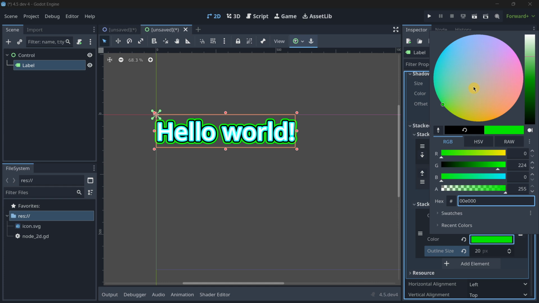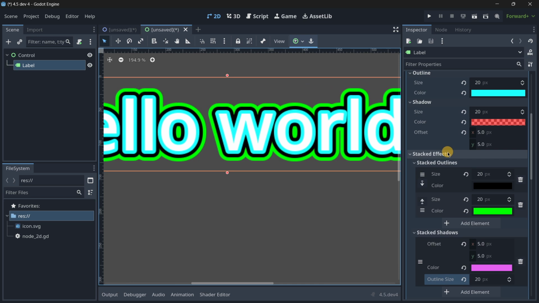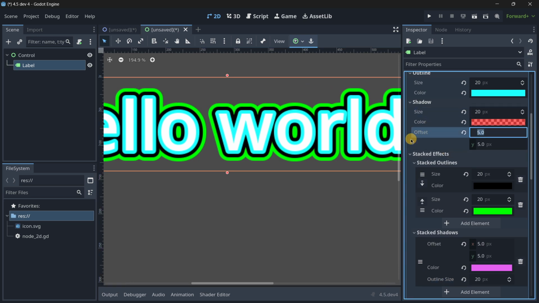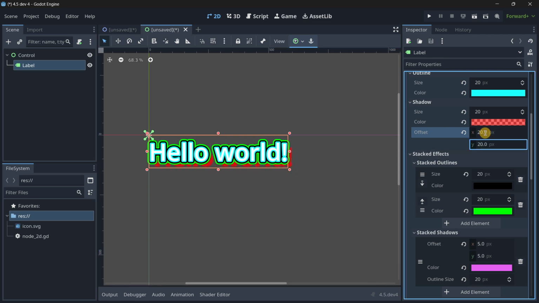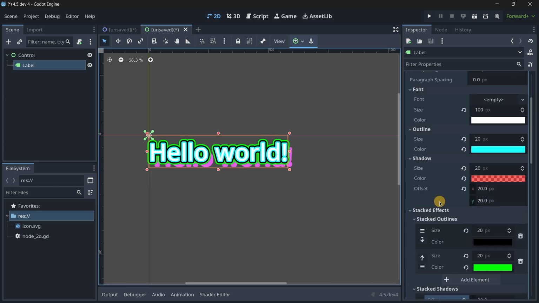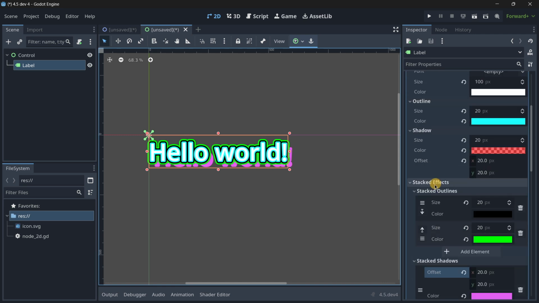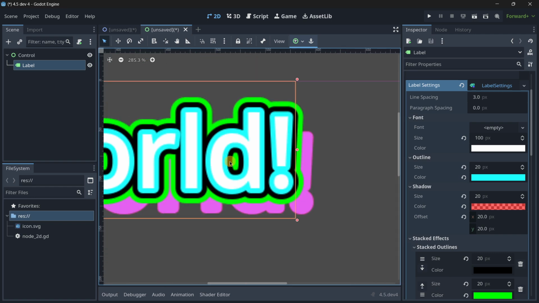I don't really think that I can see a difference, so let's firstly make it a different color, maybe some kind of pink color. And the previous shadow does not disappear, but we have to offset them even more. So let's make it 40 and 40, so that we can actually see it. Well, maybe a little bit less, 20 and 20. And then this one, if this was 20 20, let's make this be 20 20 as well. But in reality, I believe that if you're using multiple outlines, because here we have 3 outlines, light blue, black, and green,